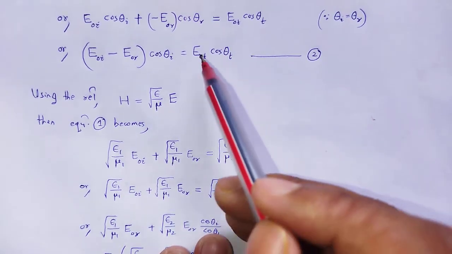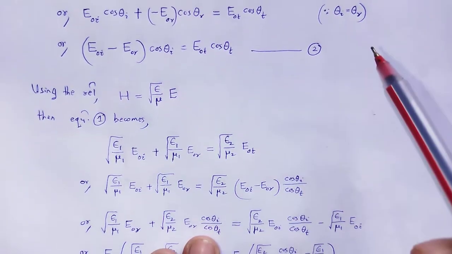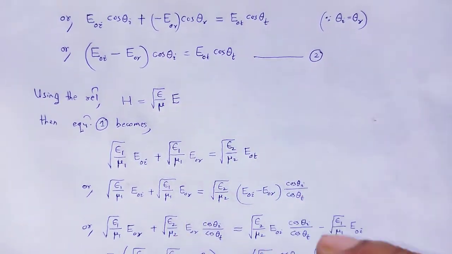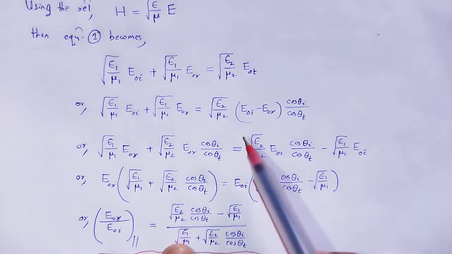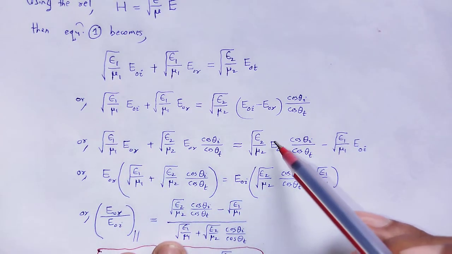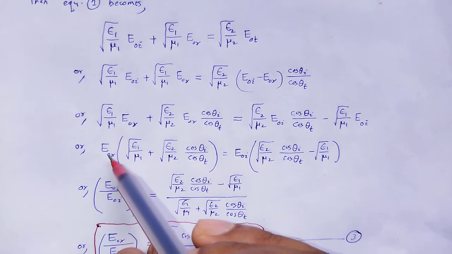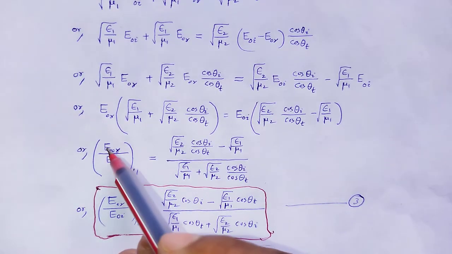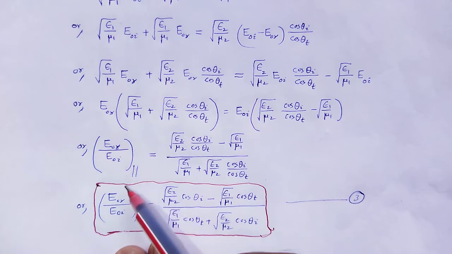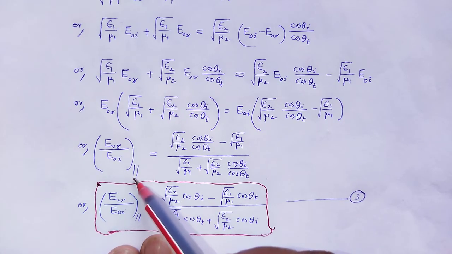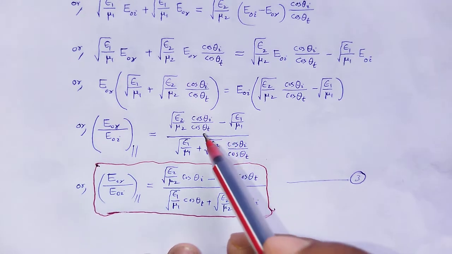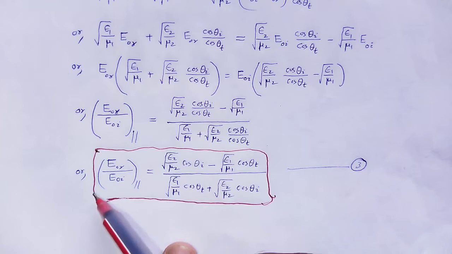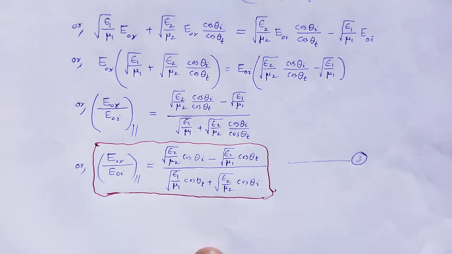Here EOT can be calculated as this one, with cos theta I divided by cos theta T. Now separating the terms relating to EOR and EOI, we take EOR common here and EOI common here, as our requirement is the ratio of EOR to EOI in the parallel situation, when the E vector is parallel to the plane of incidence. We take the LCM as cos theta T, cancel numerator and denominator, and finally obtain the equation, which is Fresnel's first equation,